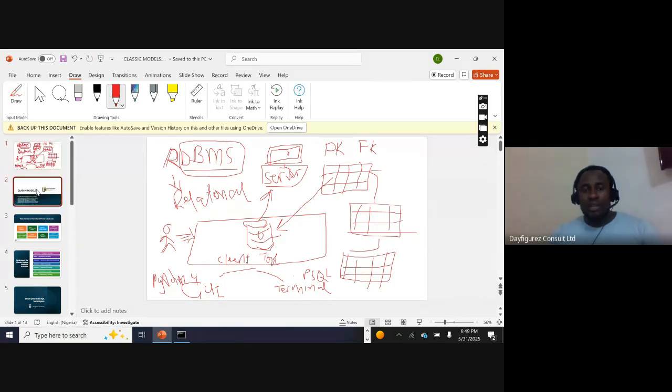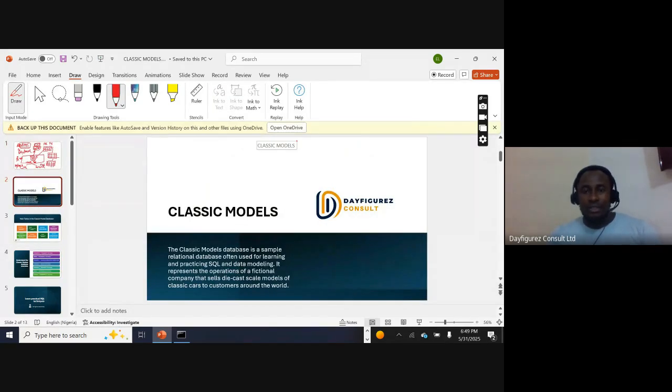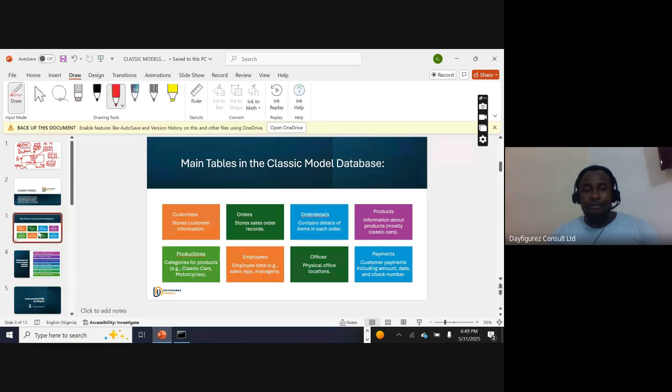Now today we're going to be focused on classic models, and for us to understand this database we have to understand the tables that it contains. First of all, classic models contains about